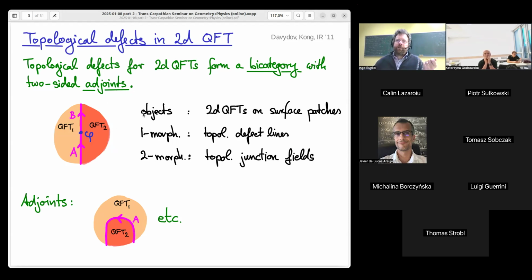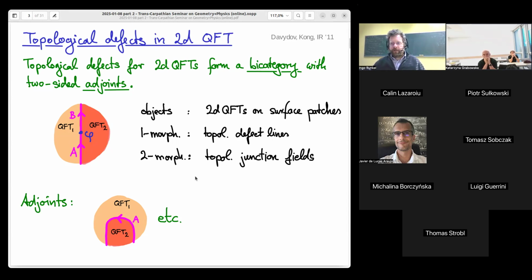But on the level of quantum field theory, they mean something very concrete. The objects are the different two-dimensional quantum field theories, which label the two-dimensional surface patches. The one-morphisms are the topological interfaces, which can sit between one quantum field theory and the other. I mean, there may be none, but in the Ising example, we have seen that these can be there. And then the two-morphisms are topological point operators, which can connect two of these interfaces. Whenever you've got this structure in the quantum field theory, you can use it to define or extract a certain mathematical object, which is this bicategory.